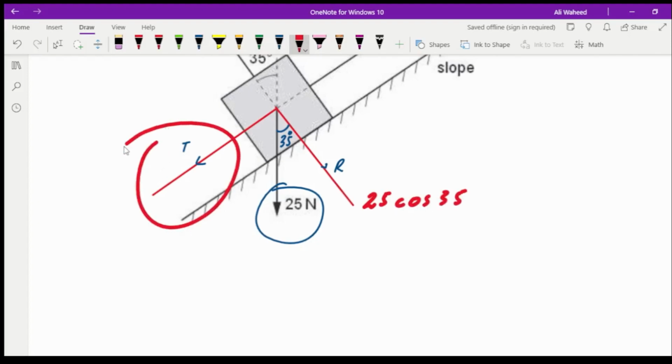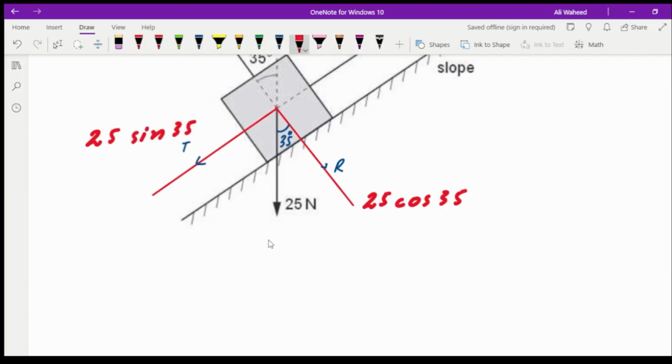And this can also be a component of the vector 25, another perpendicular component, and mathematically it would be 25 times sine 35 because it is not touching the angle directly. So T in this case, because we're not supposed to find the value of R, rather we're supposed to find the value of T,